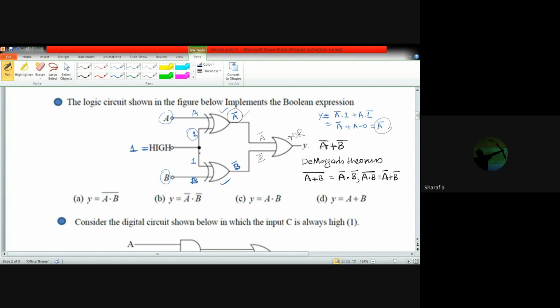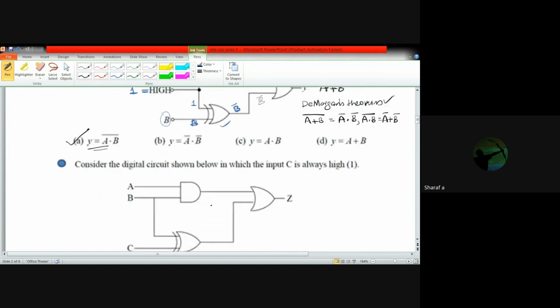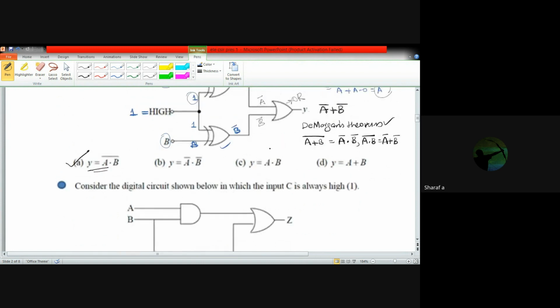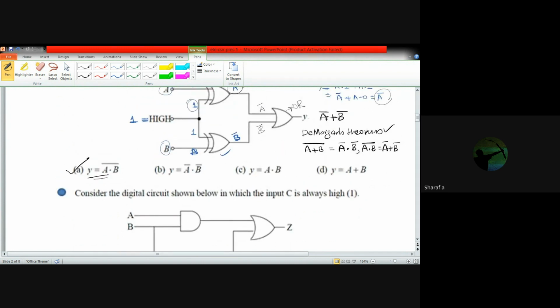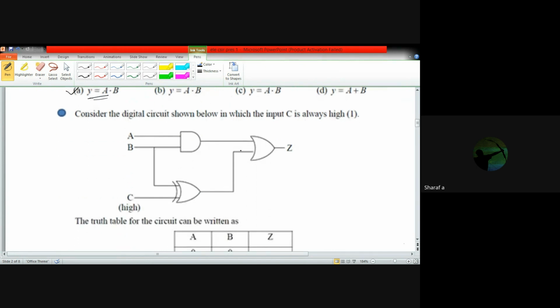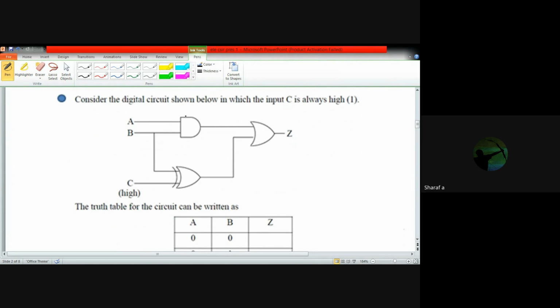So once you solve the problem, if you know De Morgan's theorem, then you will get option A as your correct answer. Y will be A dot B all bar, and A dot B all bar will be equal to A bar plus B bar. Okay. Now consider the second problem. We also need De Morgan's theorem here, so we'll discuss the different theorems that we'll be using in Boolean algebra, then you will understand that more clearly. But this one is direct. This one you can easily do